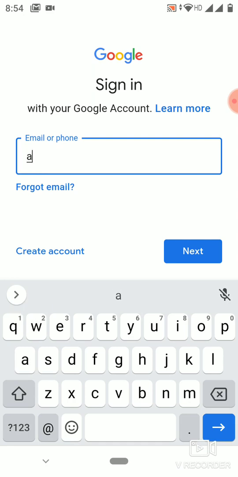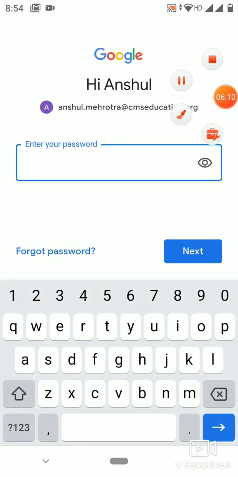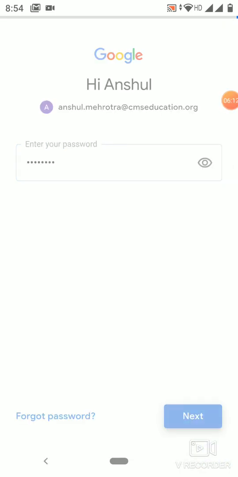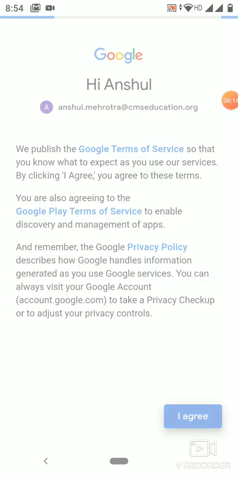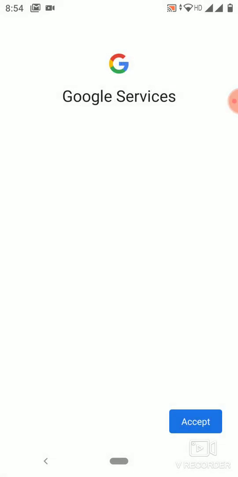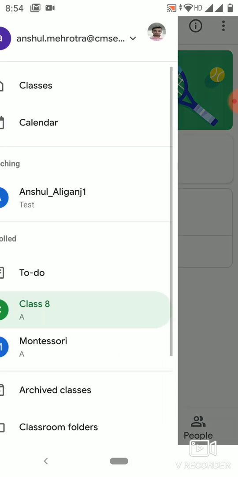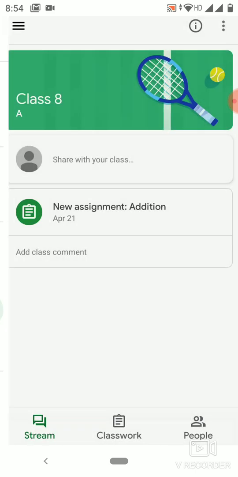Enter your details again, enter the password, click agree. So most probably your issue will get resolved.